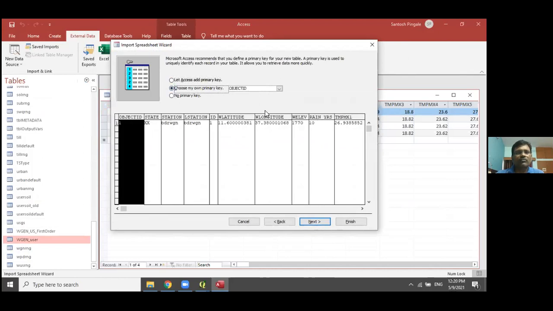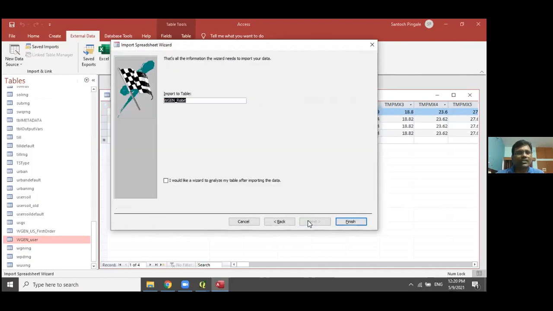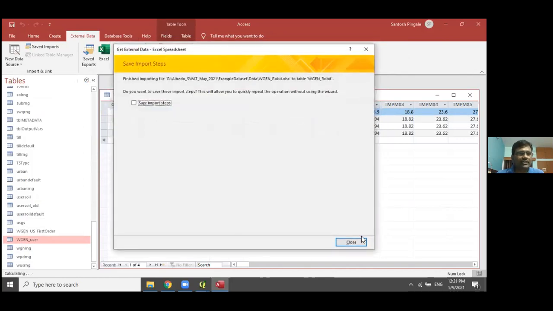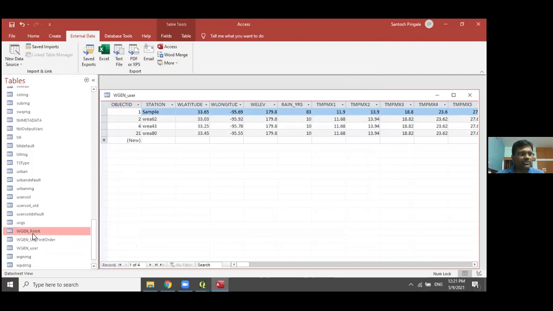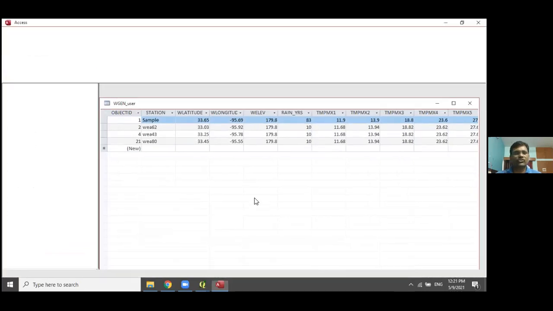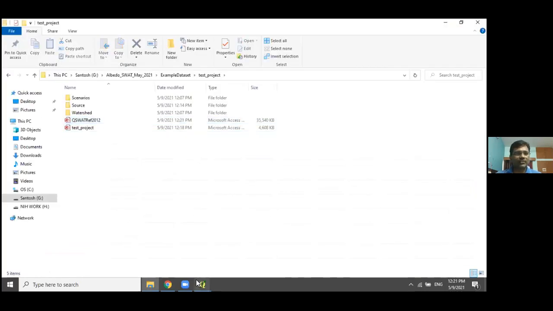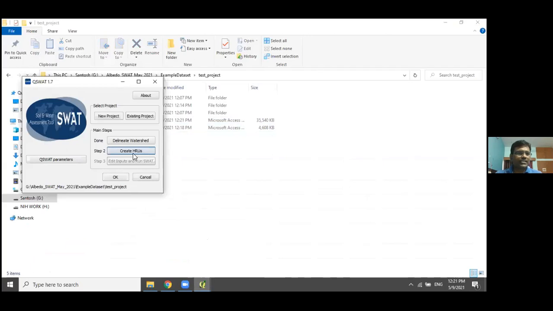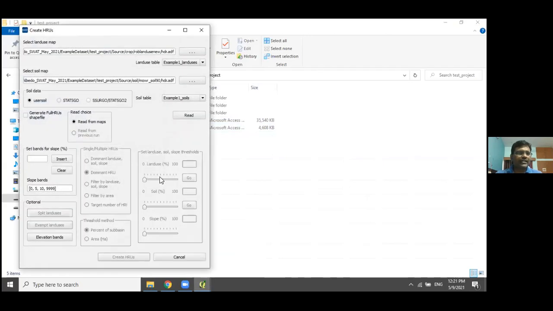Choose my own primary key. So it has come here, the wgen Robit. This is the important step before going to the creation of the HRUs. Now close it and click on create HRUs.